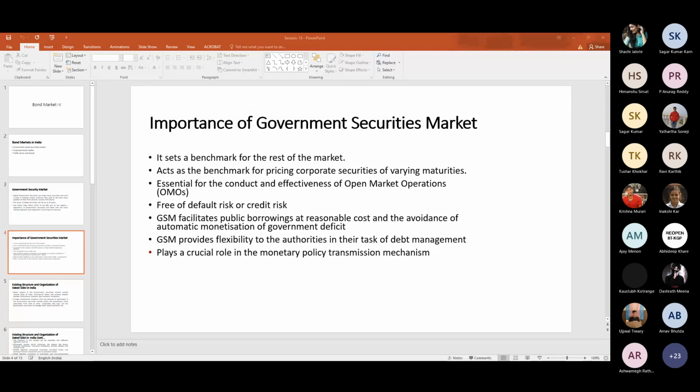The reason is that you already know there is a concept we call the country risk premium. So the return or the coupons are also decided on the basis of the overall risk involved within that particular system, within that particular country. So if you are getting a 5% return from the US, then in India you may get 8%, or 7 or 9% return.